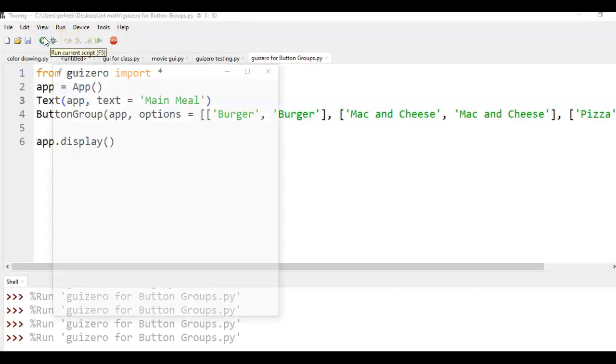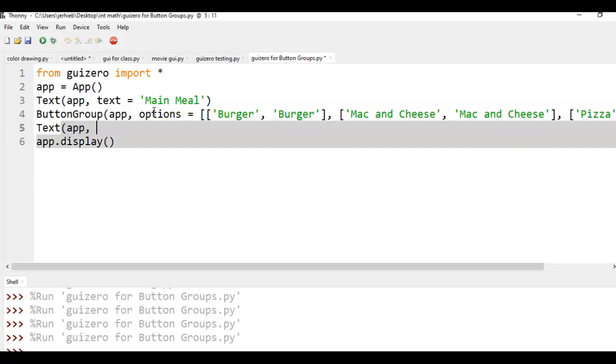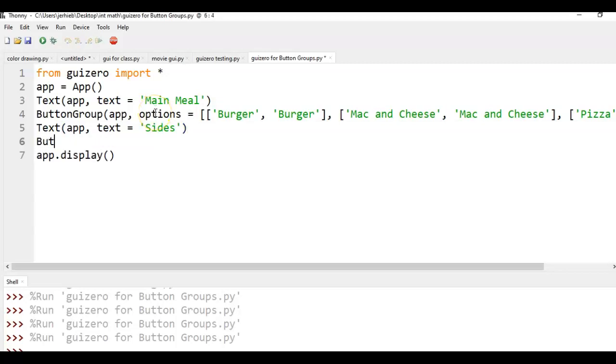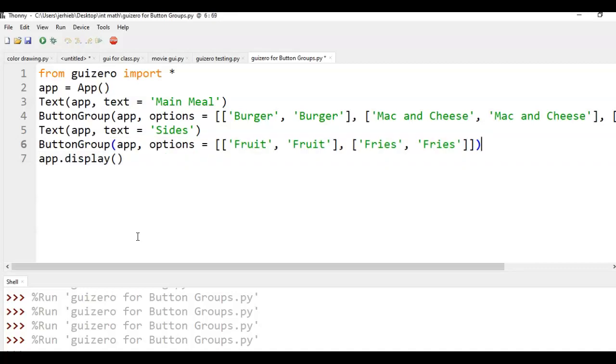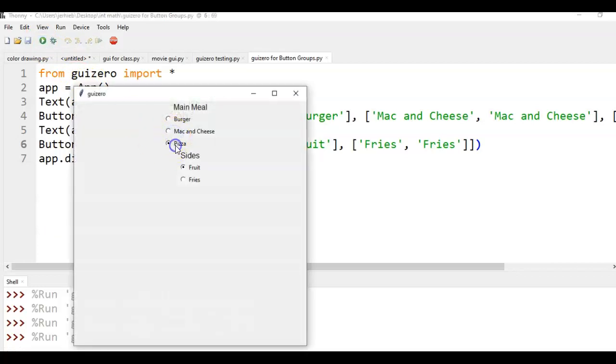And they're going to choose that. And then let's have another text where it tells them sides. Now from our sides, we're going to have another button group. And I'm just going to have fruit. Or the other option is typically fries. All right, so now if we run this, we'll get to pick between mac and cheese, pizza and burger, and fruit